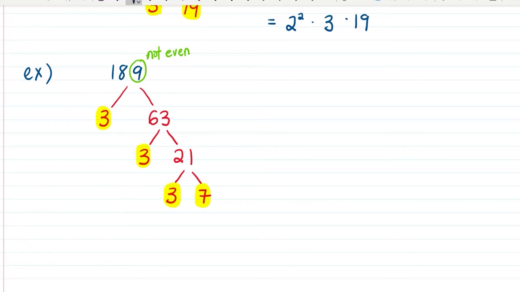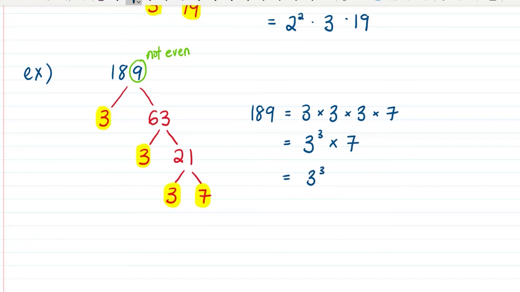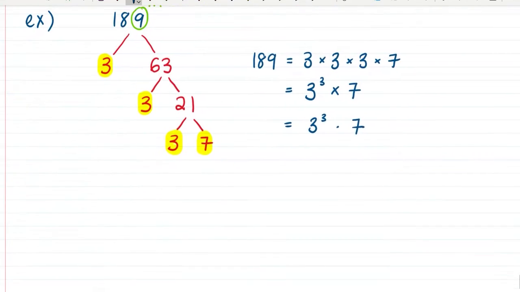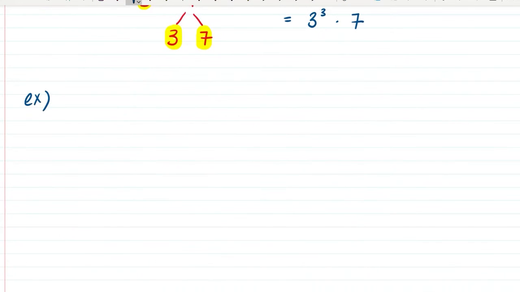So the answer for 189 in prime factorization form will be 3 times 3 times 3 times 7, and you can write it as 3 cubed times 7, or 3 cubed multiplication 7 with that symbol. That was pretty simple. Let's move on to the next one. Let's try